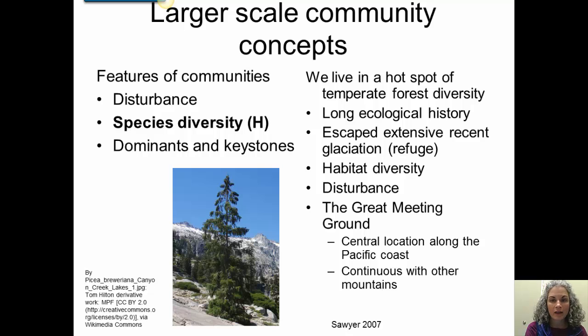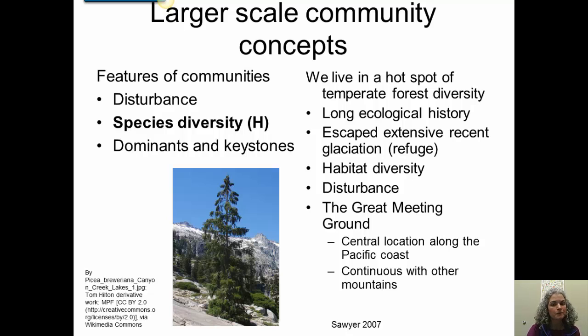And we live in an area of extreme plant diversity. So it's notable, the North Coast and the Klamath Mountains are known for their high plant diversity. You read a little bit about this in the article that you read by John Sawyer. He described things like the long ecological history, the fact that a lot of this area in Northern California escaped recent glaciation, a huge amount of habitat diversity because of the diversity in climate and topography, also the regular disturbance